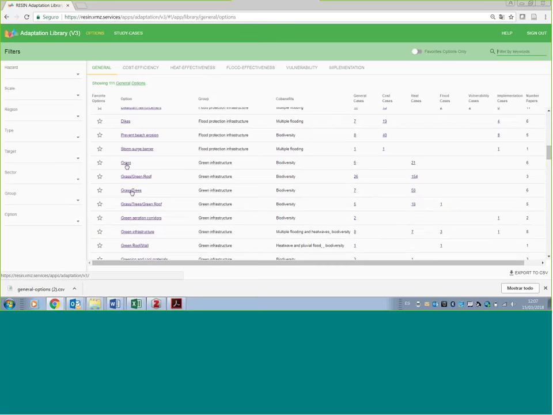So we can have some effectiveness information on the grass by itself, but also effectiveness information if we are combining two green measures, for example, grass and green roof. We decided to include these categories, even though they are combinations, because most of the studies really combine these measures, so we are not able to split them,